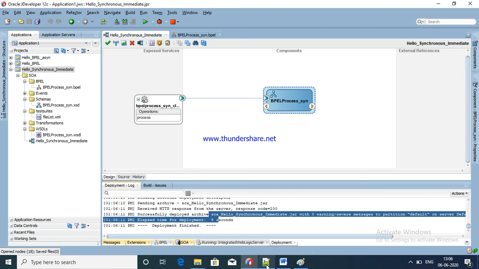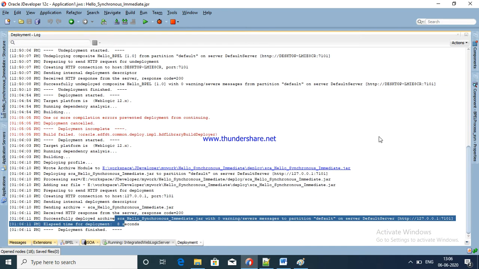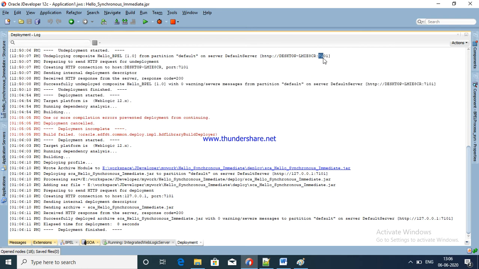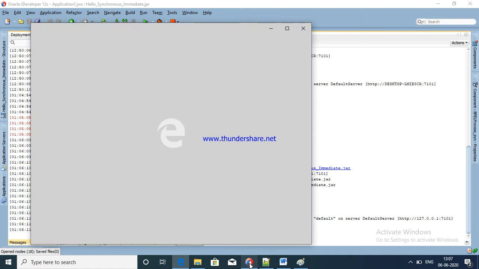Okay, now I am going to see here. In the last video I explained this. This is my host. Using host, I am going to select. See here, host and port. Using host and port, I am going to deploy the project.